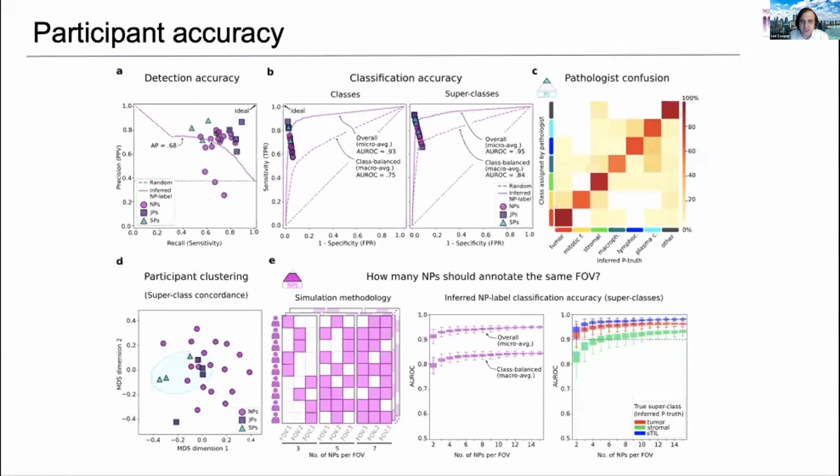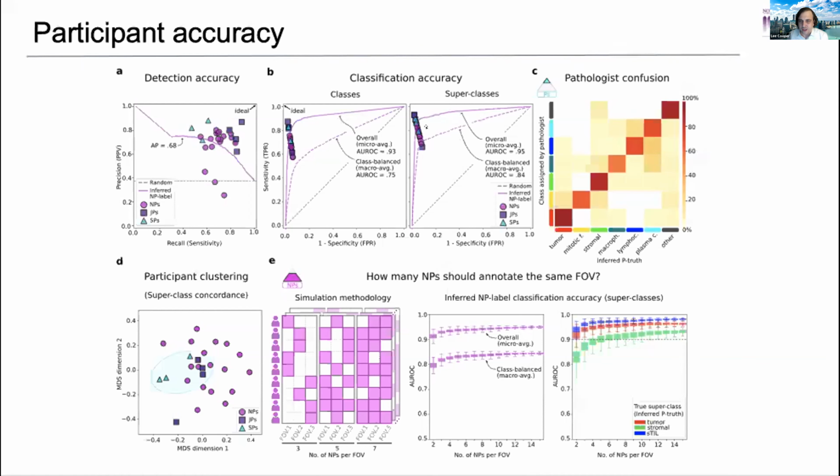One of the things that's interesting is that our junior pathologists tend to have a little bit better recall than the senior pathologists. One of our hypotheses was that maybe they have more time to do this, so they spend more time annotating and looking for missing cells, where maybe the senior pathologists go a little quicker and don't pick up on those things. But compared to our ground truth, I would say we have pretty good accuracy for detection.